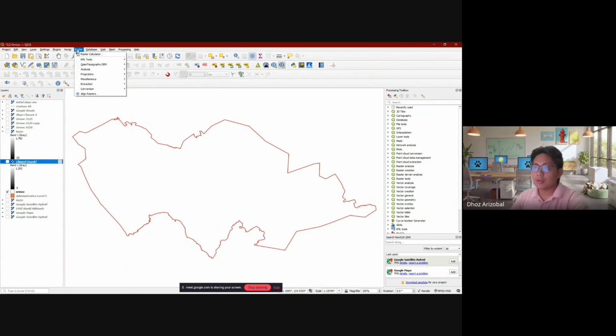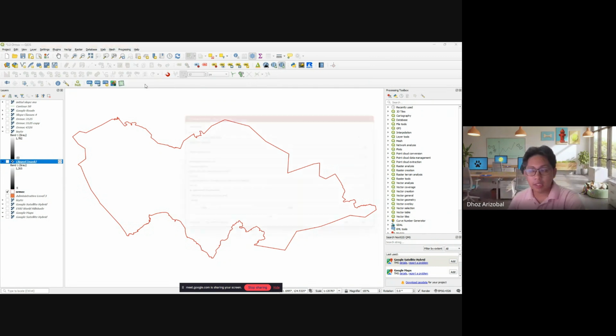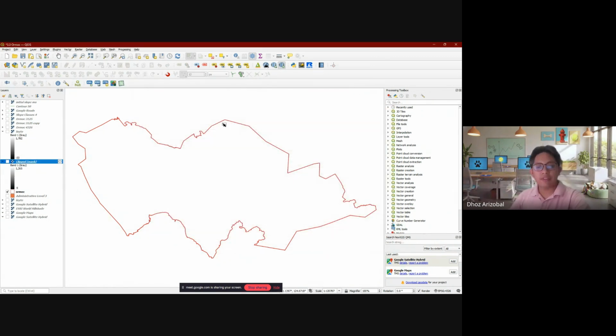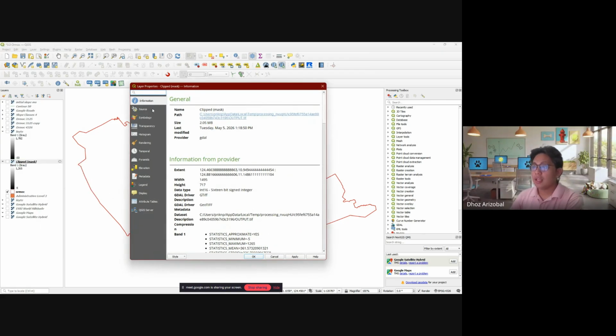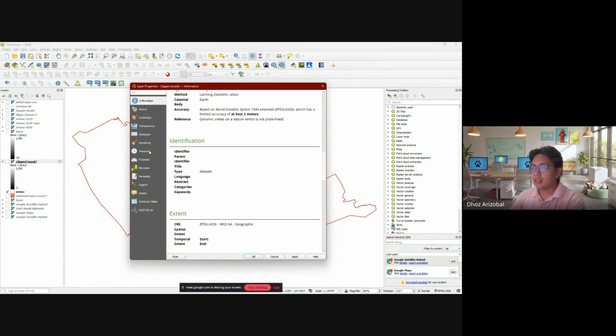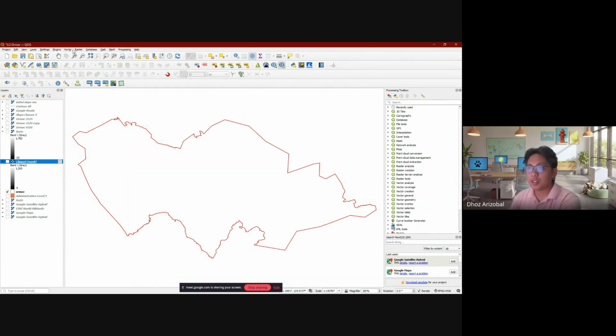In this case, you go to raster, and here on projection, you select warp or reproject. Unlike vector where you can just change the CRS in the information, you have to reproject your raster.